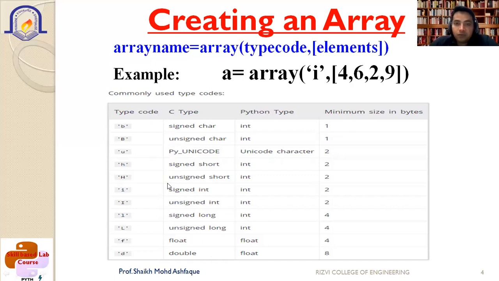Consider the first one, import array. First you have to write import array, as you have seen here. Array is imported. This package or module is already available. Then a is equal to array.array, where the first array is the name of the imported package and the second is the array constructor.